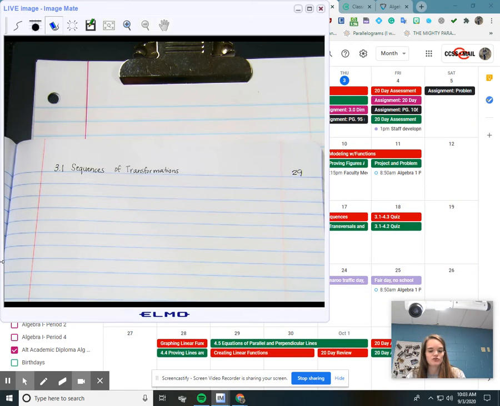So today we're going to finish 3.1 sequences of transformations. In order to do that, you're going to need to tear page 119 out of your book. Page 119. We'll need something from the front and the back, so I wouldn't throw anything away until we get that together. So on 119,